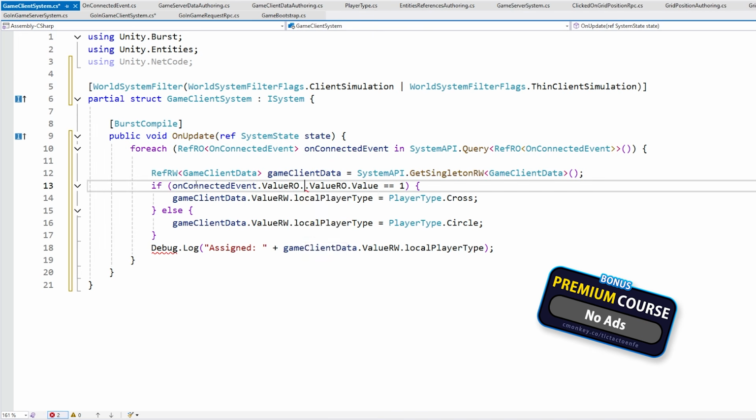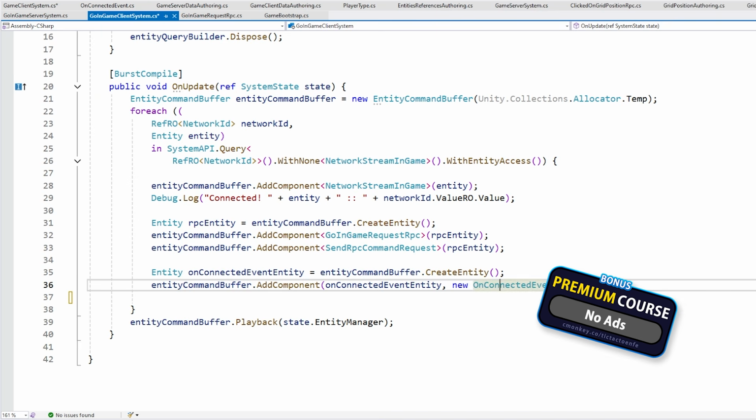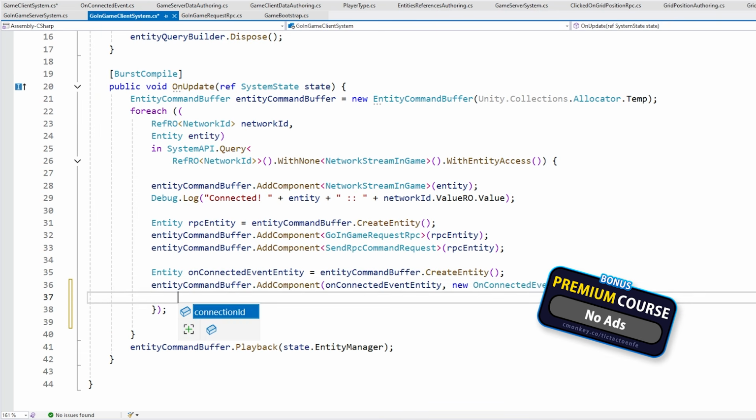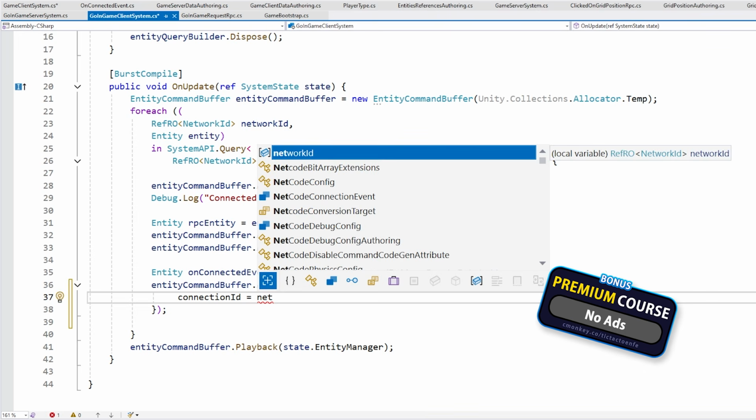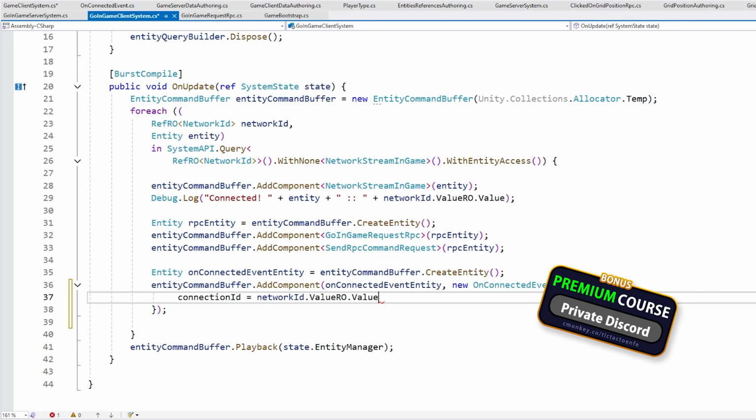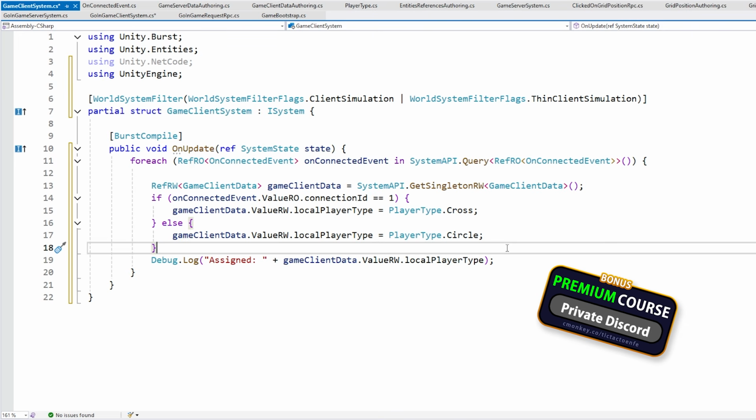We've got the, let's read the value for the connection ID. If that one equals 1, do that. If not, equals that. It means that over here, we do need to pass that in. So let's go the connection ID, go inside network ID, grab the value. Okay, yep, so just like this, right now everything should still be working the same, except right now our code